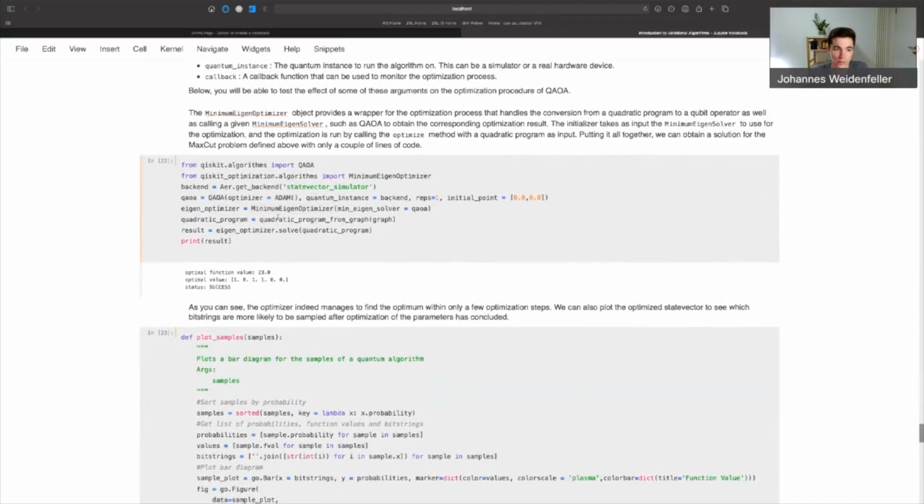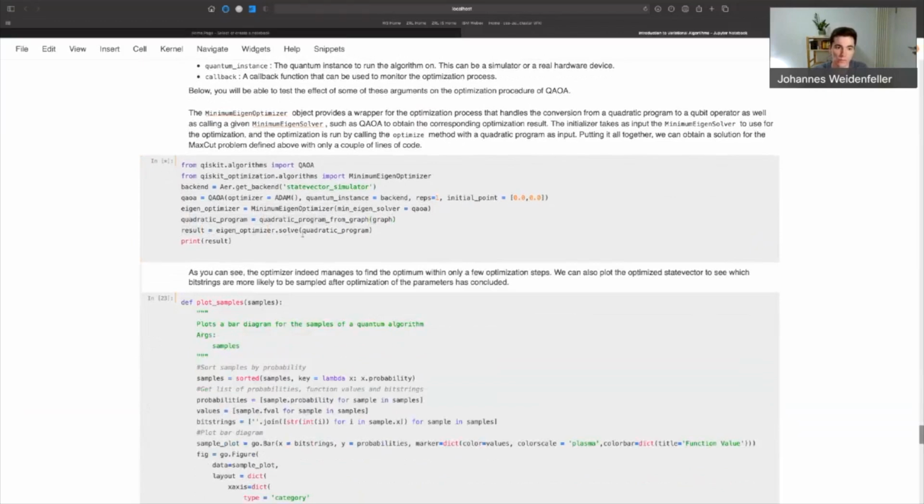And then after creating the quadratic program for our graph above, we can get an optimization result by calling the method eigenoptimizer.solve with the quadratic program. And so this is going to take a little bit, but you can see that once it finishes, it should produce the optimal result for the graph problem that we've defined above.